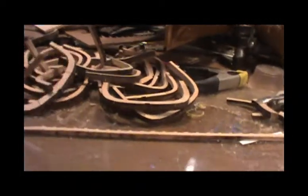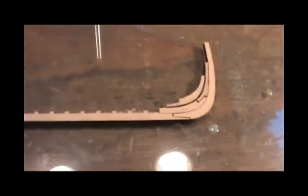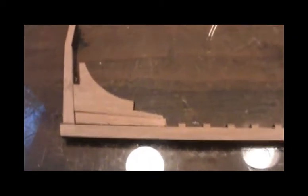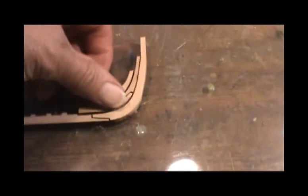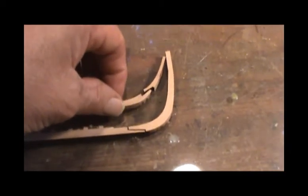Okay, once I have all my frames built and all of the inside sanded, my next step is to build this keel section right here. And you could see the individual pieces here, and up at the bow you could see the individual pieces. What I did was I sanded the insides where they meet, and I used my little 4-inch disc sander to do that. So I'm going to assemble this now on this piece of 1/4-inch plate glass to make sure everything's going to